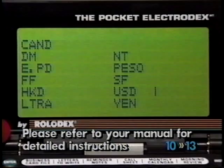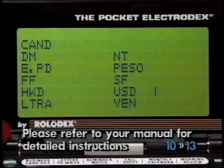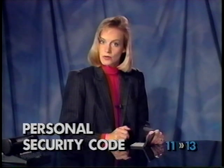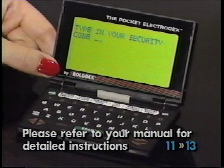This function allows you to store up to 11 foreign exchange rates in the currency converter. Refer to your operating manual for the abbreviations used with this feature. Another feature of the Pocket Electrodex is the ability to enter a personal security code. This personal security code will lock the unit and will only allow persons knowing the 2-digit code to gain access